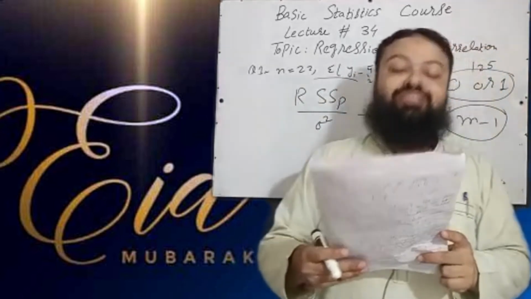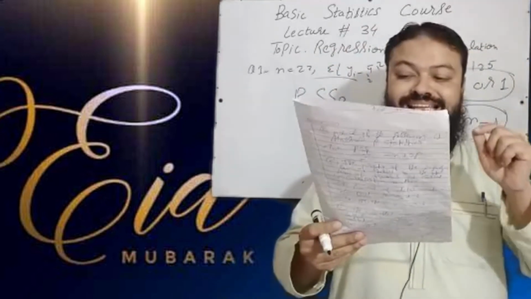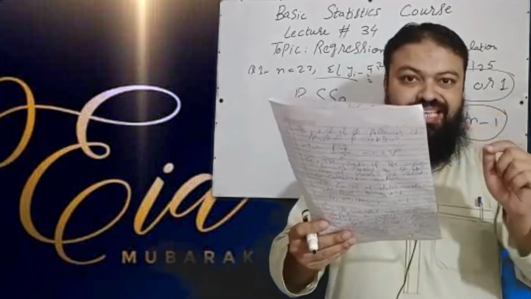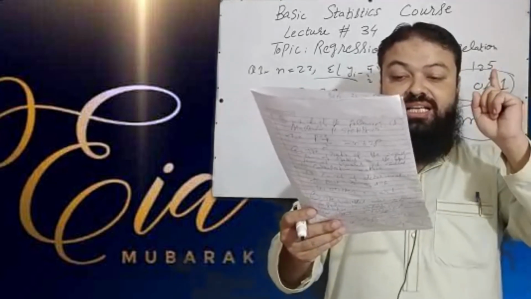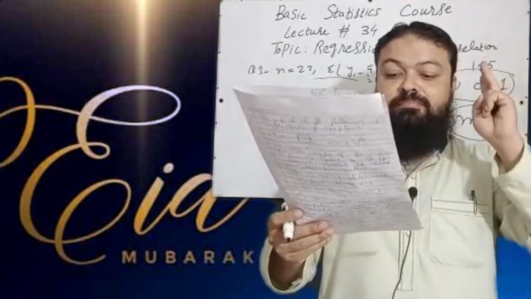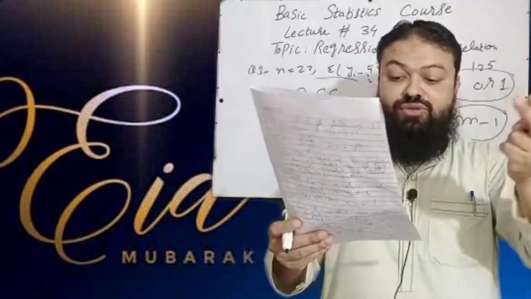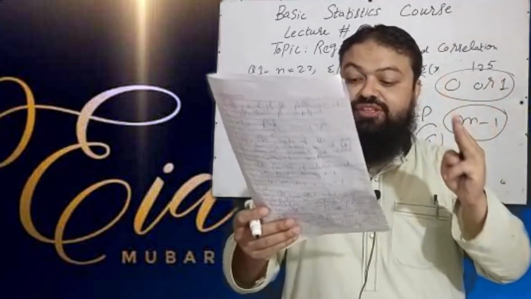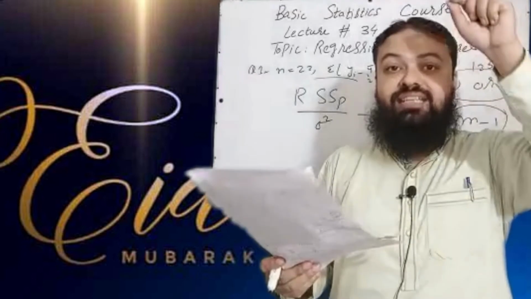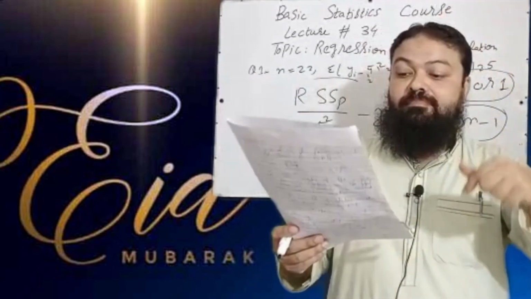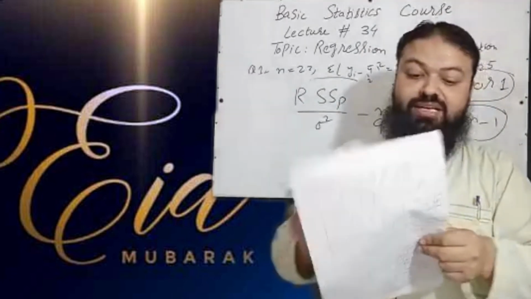Question number 11: the method of indirect least square for estimation is appropriate when A, simultaneous equations are unidentified, incorrect, B, simultaneous equations are over identified, incorrect, C, simultaneous equations are exactly identified. When the simultaneous equations are exactly identified, then the method of indirect least square for estimation is appropriate, a very important one.